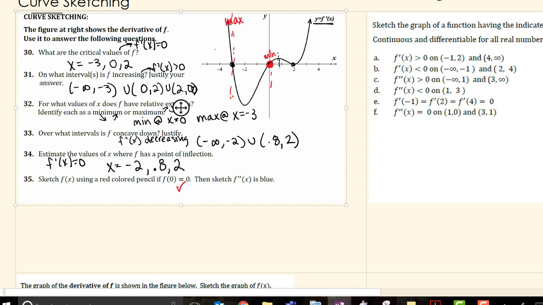So I'm going to go ahead and sketch that. Increasing, decreasing. Since this is hitting a minimum, I'm going to be moving up from there, but let's look at what's happening with our information. Our concavity kind of gives us a better idea. We're concave down from -infinity to -2. That made sense. That was our point of inflection. And then from 0.8, so we're going to be concave up until about 0.8